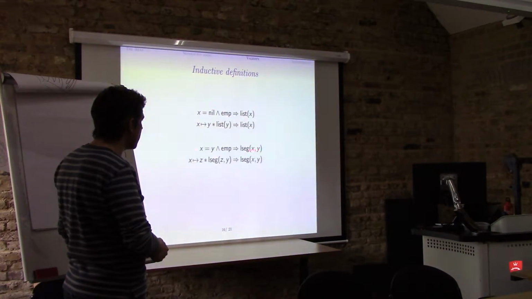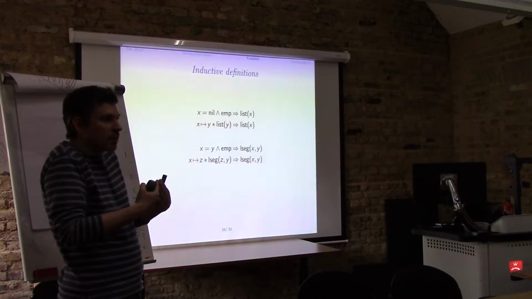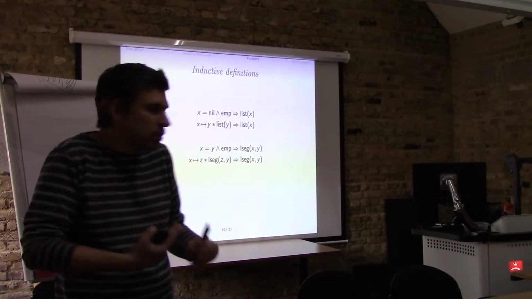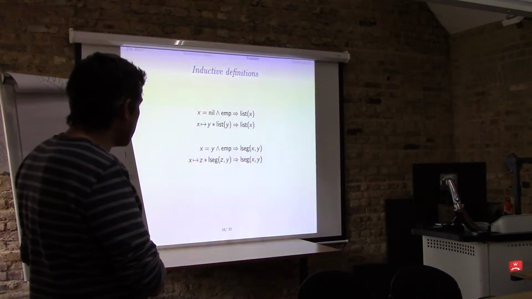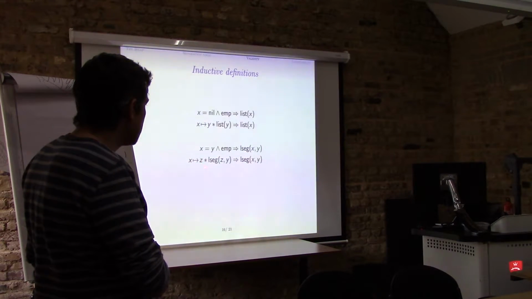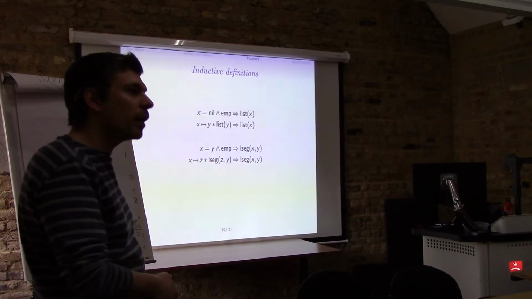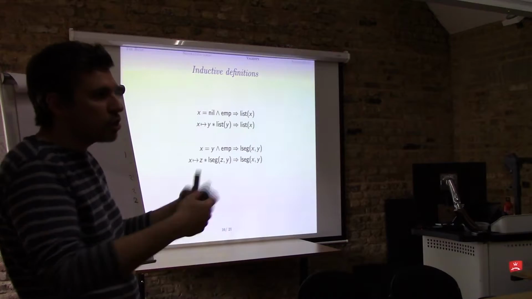And the definition for that is that either X is equal to Y and nothing is allocated. So you have an empty list segment because your two pointers are equal. Or you have a chain, so X points to some value Z, and there's a list segment starting at Z and terminating at Y. It's the same thing, just generalized